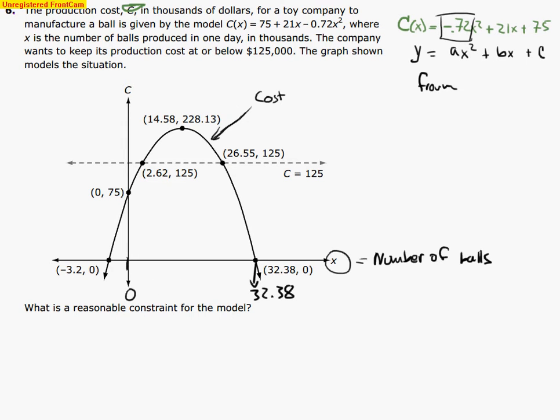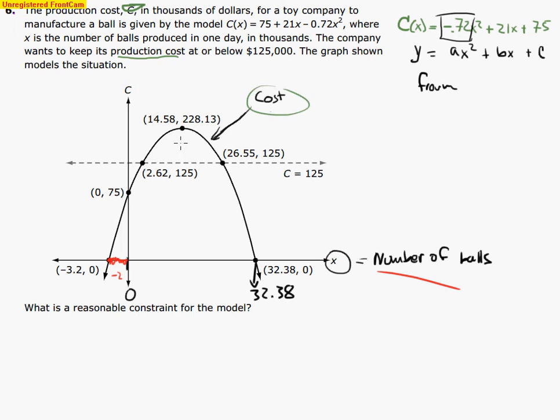Why can I not produce balls all the way up to this point? Why can't I produce any number of balls here? Am I really allowed to make a negative number of balls? I don't think that is reasonable in the real world to talk about a negative number of balls. So we're going to just keep our constraint between 0 and 32,000. One of the things that is really important to this company is they need to keep their production cost